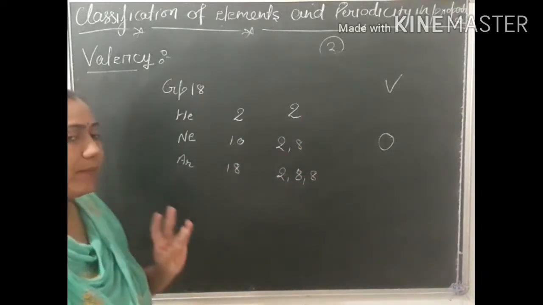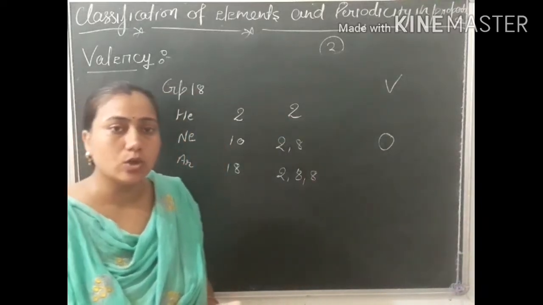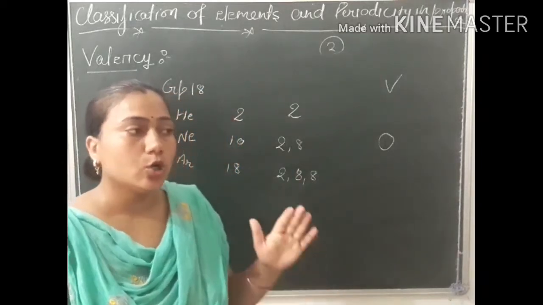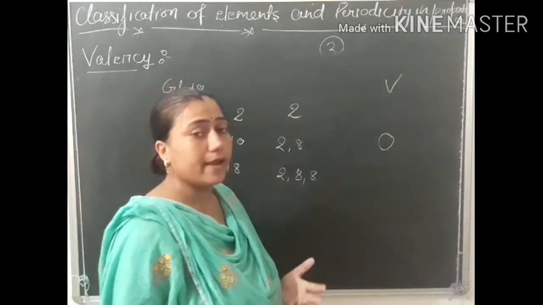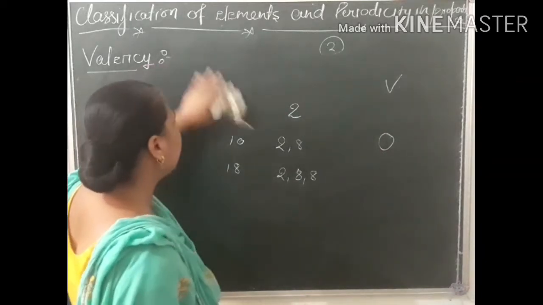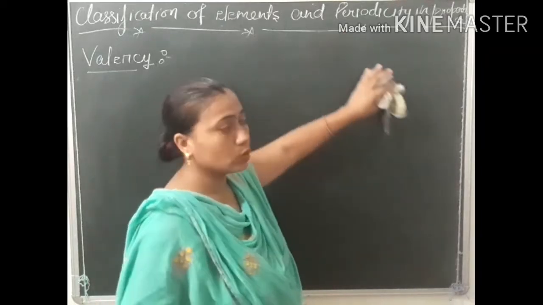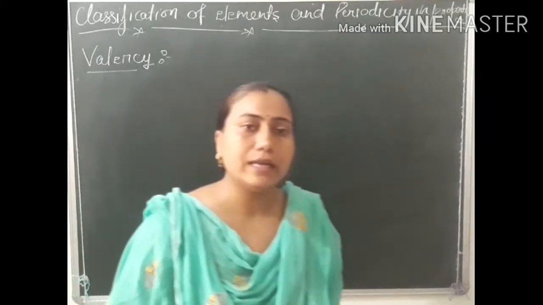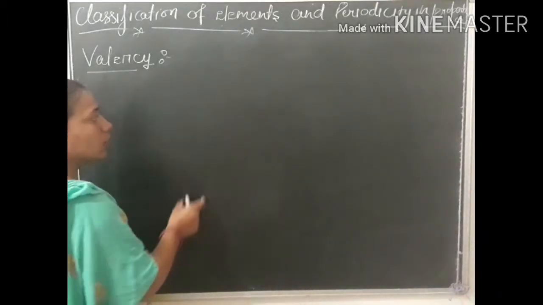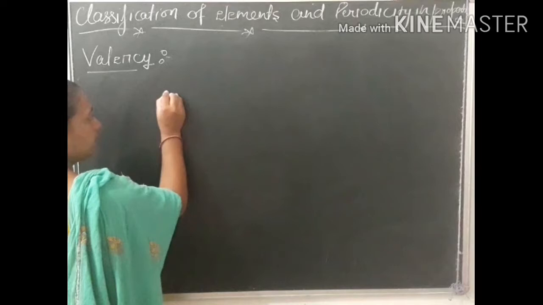In group first all elements have valency 1. In group second all elements have valency 2. In group 13 all elements have valency 3. In group 14 all elements have valency 4, and in group 15 all elements have valency 3. In group 16 all elements have valency 2, and in group 17 all elements have valency 1. So we can say that in the group the valency is the same, but in a period,